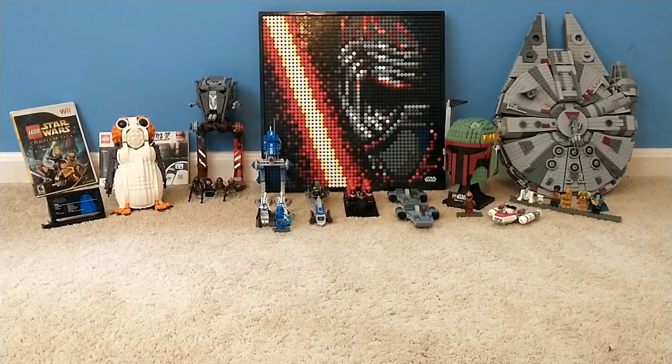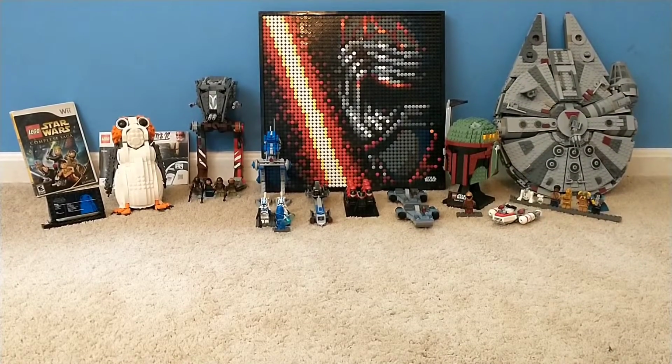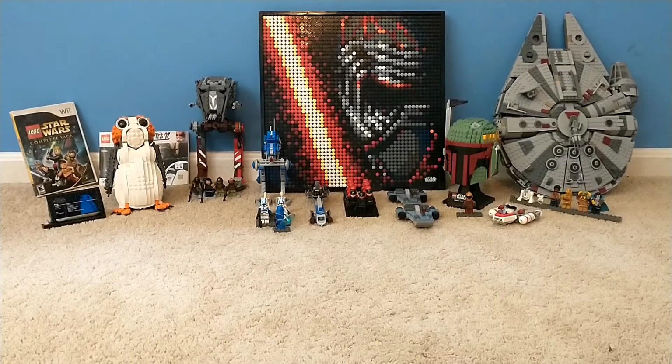Guys, Caleb here, and today I am incredibly excited to show you my entire LEGO Star Wars collection. This is me and Sam's. There is one or two sets in here that are Sam's, and one of them that me and my brother share. I thought it'd be fun to line them all up, and I know it's definitely not quite